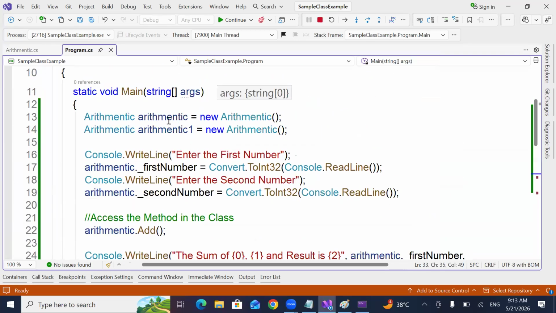The variable arithmetic is holding 20 and 10. Right? So both are holding two different memories or the same memory? Individual memory. But for the same class or a different class? For the same class.